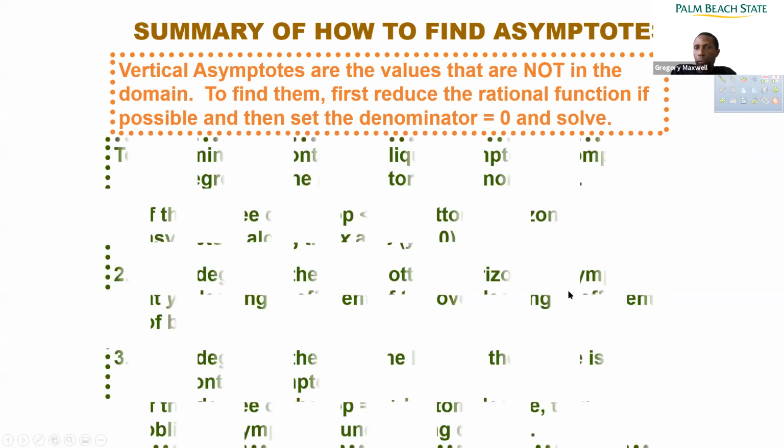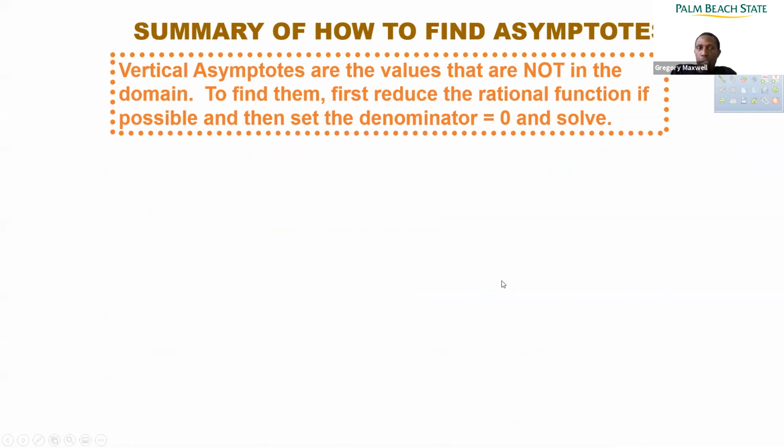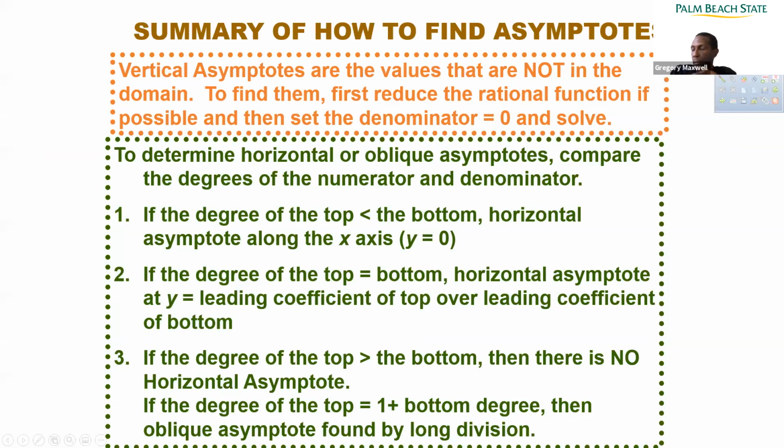So to find vertical asymptotes, find all values of x that are not in the domain, simplify the rational expression, and cancel common factors, and then whatever is in the denominator, that's your vertical asymptote. For horizontal asymptote, as I just said, if the degree of the top is less than the degree of the bottom, then the x-axis, y equal to 0, is the horizontal asymptote. If the degrees are the same, y equal to the quotient of the leading coefficients, and if the degree of the top is bigger than the degree of the bottom, there is no